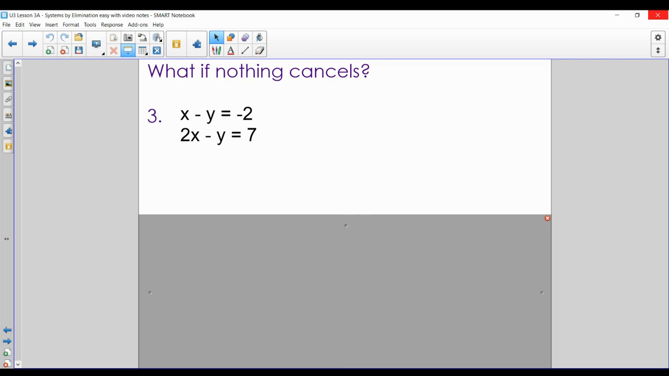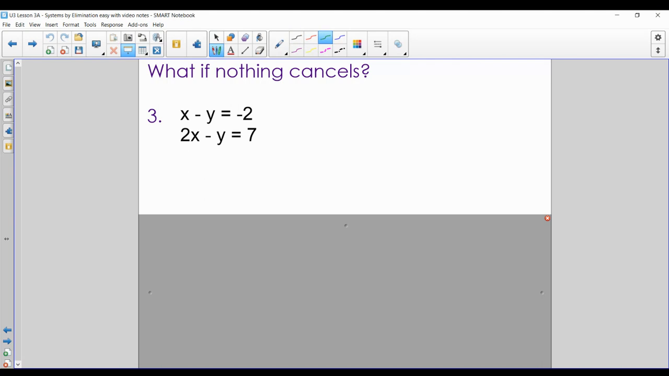All right, so let's finish this out. What if nothing cancels? So you can see if I add the x's, I'm going to get 3x. If I add the y's, I'm going to get negative 2y. And I need to eliminate one of the variables. So it's easy if I still have an x or a y that have the same coefficient, so if you